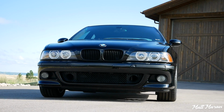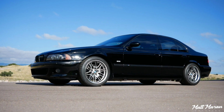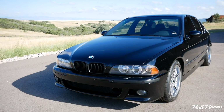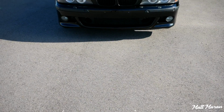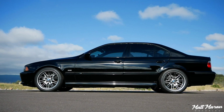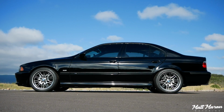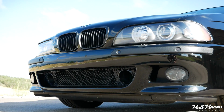This is the last generation that was exclusively manual transmission, so it really forced people to be enthusiasts that are dedicated to the manual and the driving experience. And it also was just a subtle but timeless look, so it wasn't quite as in your face as some of the newer M5s. It basically looked like a 540, aside from